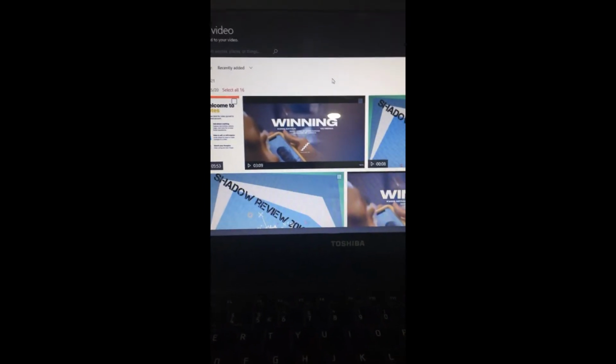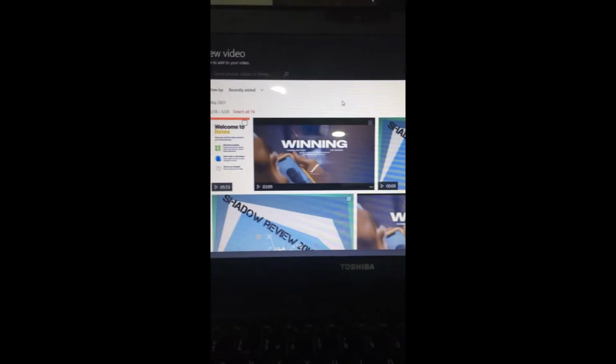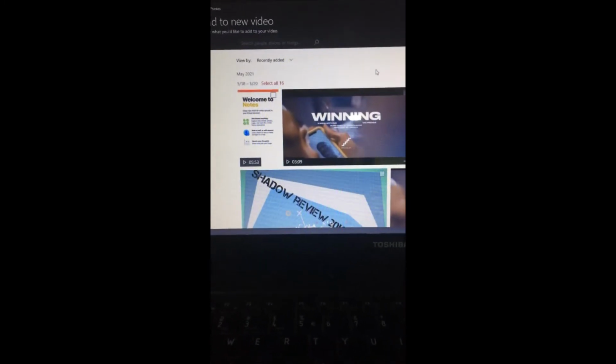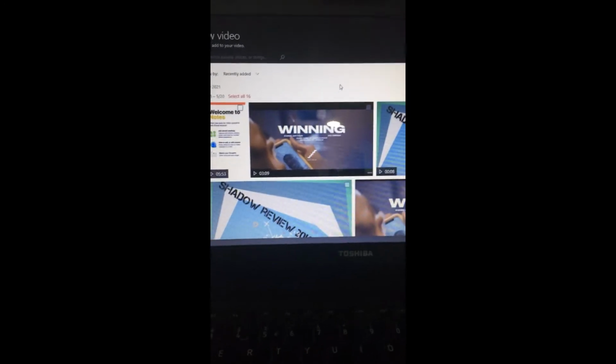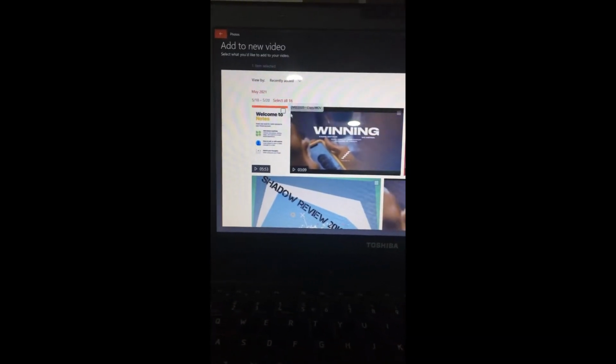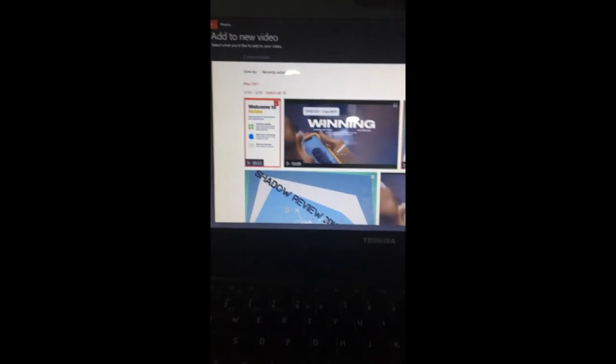So here is how I combine the videos. I know which video I want to appear first. I know the video I want in the middle, which is the original video. So I'm going to combine some videos and you're going to see how it works. You take the first video you want to play first, and then what you need in the middle, which is maybe the main thing,